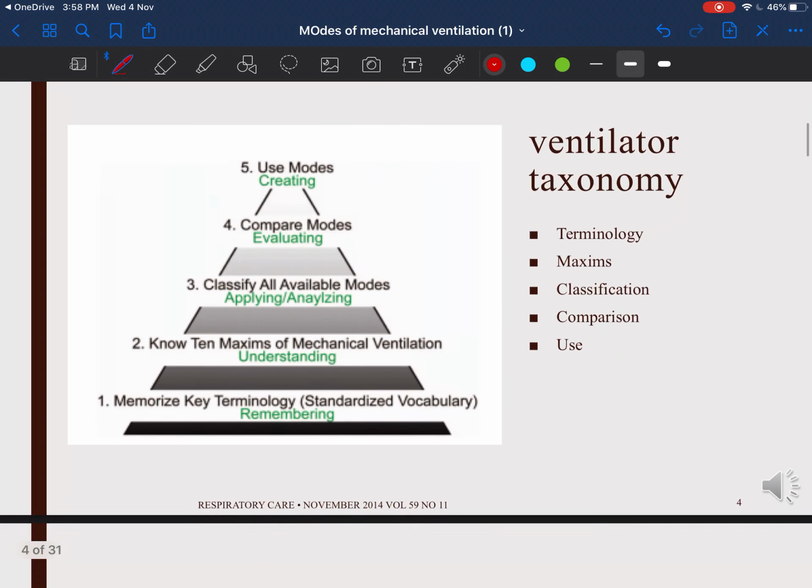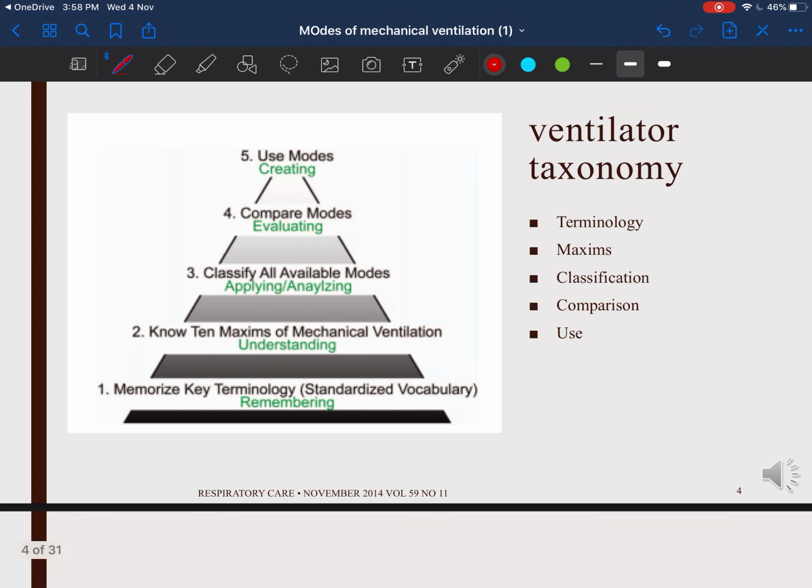So for you to understand this ventilator naming, you need to know certain terminologies. This we already discussed in the previous class. We will talk about understanding a few more things about the mechanical ventilation naming or taxonomy, and thereby classifying different modes. We will compare different modes, and finally in future classes we will discuss how to use these modes